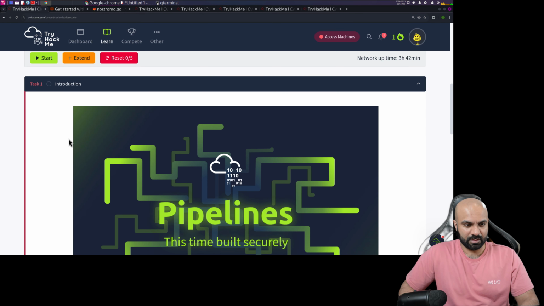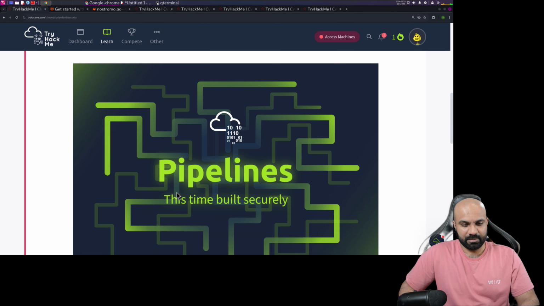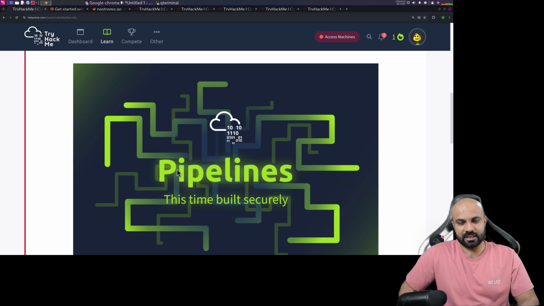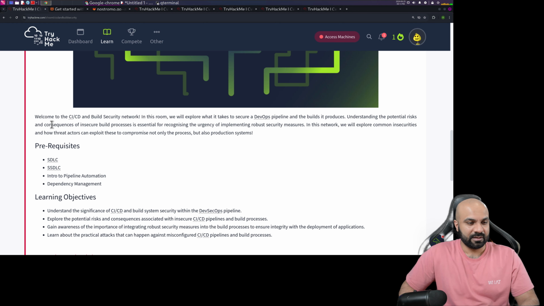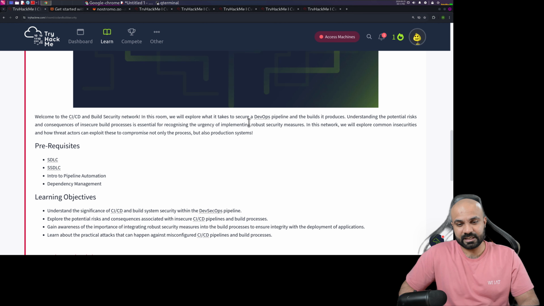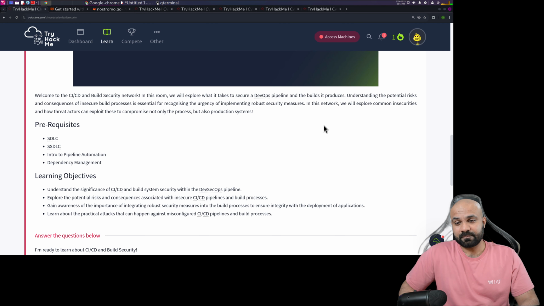Okay. Task 1. Pipelines. This time build securely. थोड़ी सी graphic भी डाली है इस दफा. I like that. Welcome to CI/CD build security network. In this room, we will explore what it takes to secure a DevOps pipeline and the build it produces. Understanding the potential risk and consequences of insecure build processes is essential for recognizing the urgency of implementing robust security